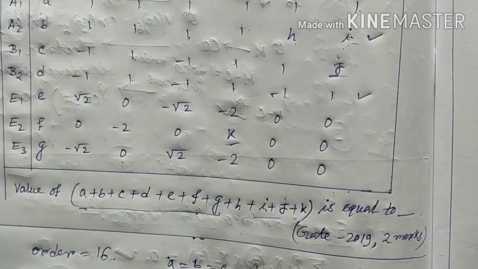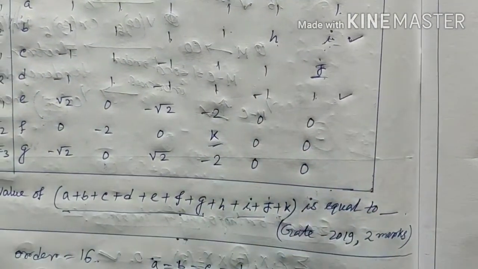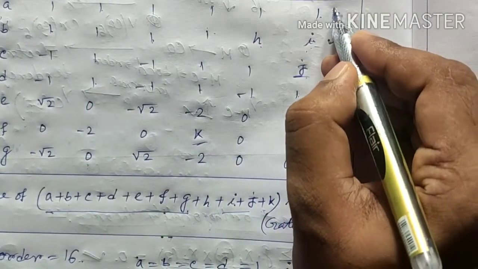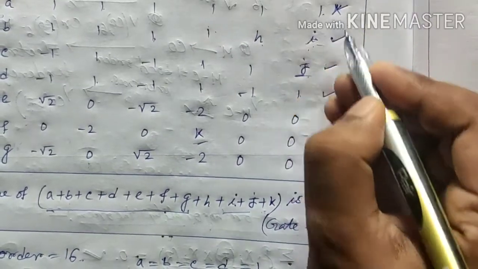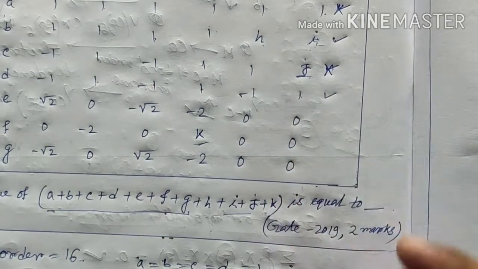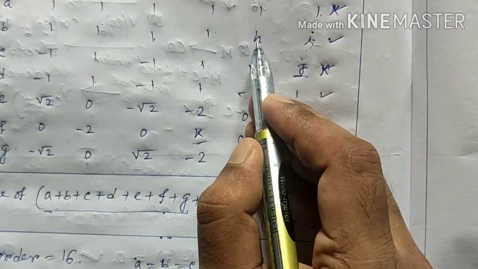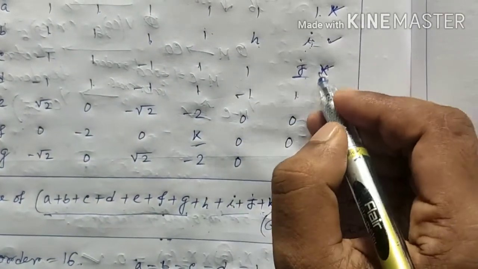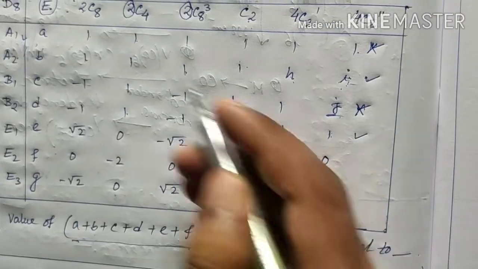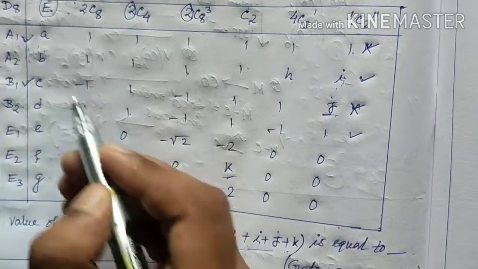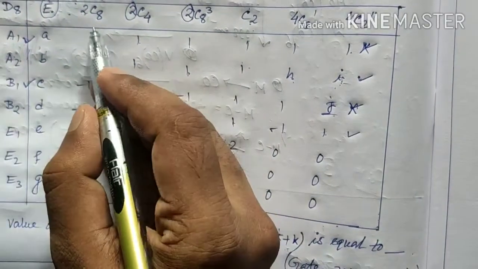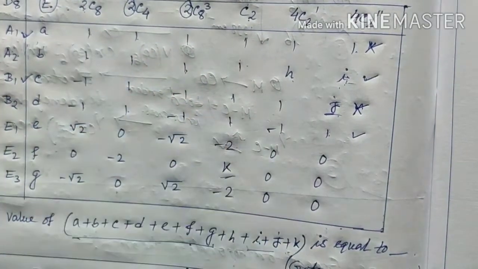Now the remaining two values are for j and k, and to calculate the value of j we can multiply A1 and B1, that is these two, or we can also multiply A2 and B1 as you wish. Since here we have got the value of h and I, I am just multiplying here A1 and B1. Now in this case, since we are multiplying A1 and B1, so here it will be 1 into 1, that is 1. The next is 2 into 1 into -1, that is -2.